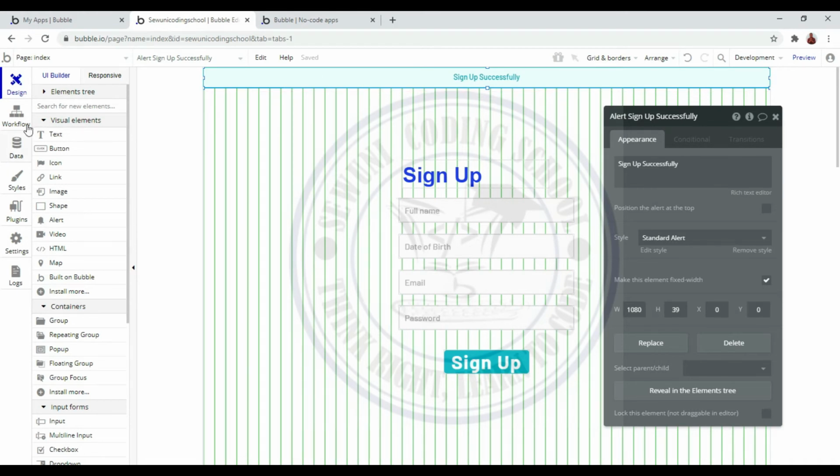I'm supposed to go to the workflow and say what should happen to this alert box. I must say what should happen to the alert box when I click on it, or how it should appear, or whatever. So I want it such that when I click on sign up, and if the sign up goes through successfully, it should just display at the top here. So what I will do after creating this alert box is to click here, position the alert box at the